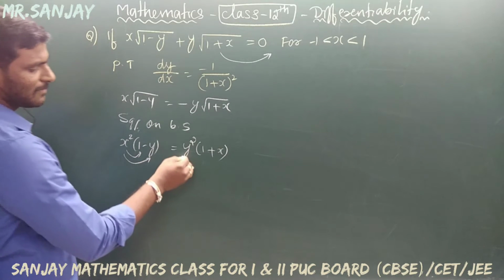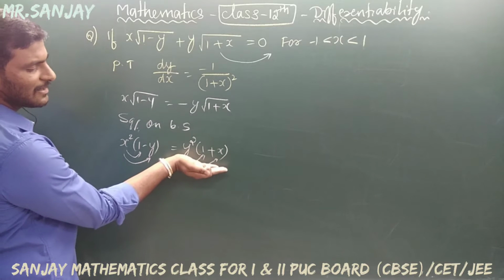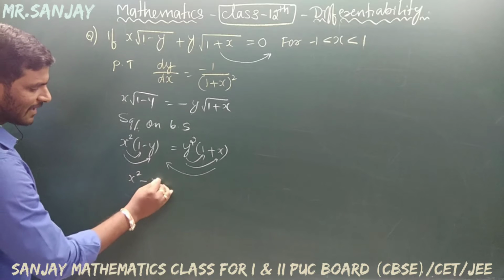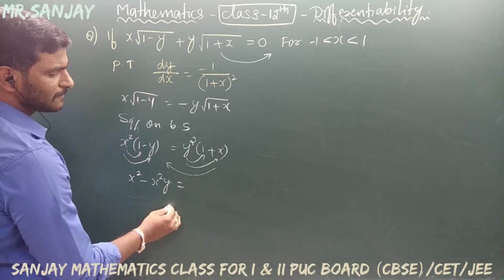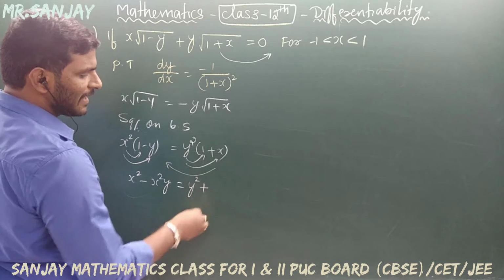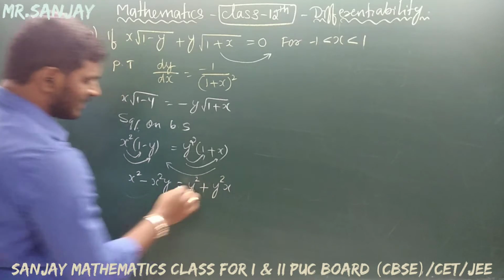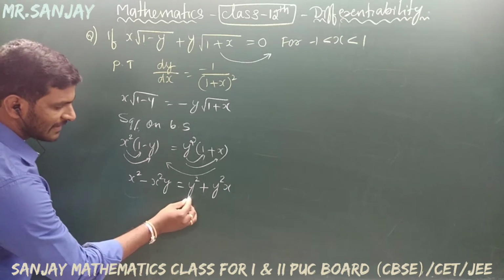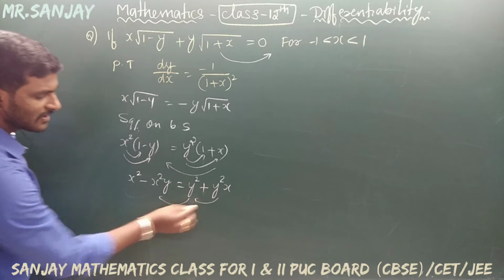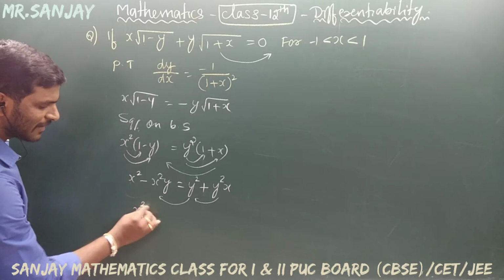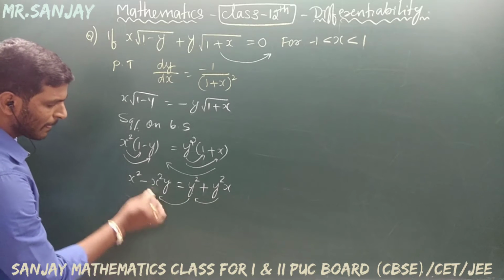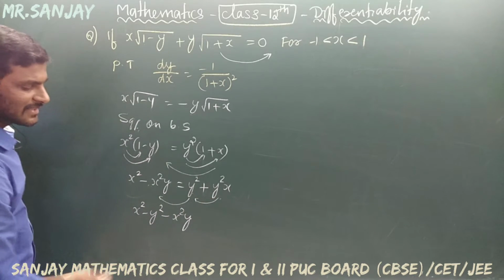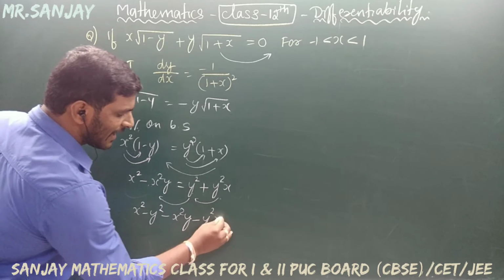Before that, multiply the y square and take the whole term to the left side. There is x square minus x square y, and that is equal to y square plus y square x. Any doubts? Look at the screen carefully. Take the x square terms and the x-containing terms to the left side. The first term is x square as it is, and the second term is y square. The left side second term is minus x square y, and the right side second term is minus y square x, and that is equal to 0.